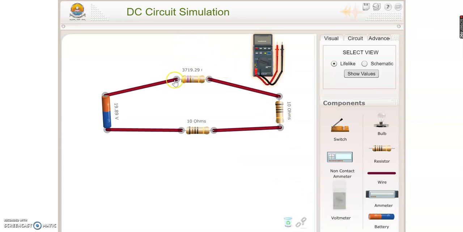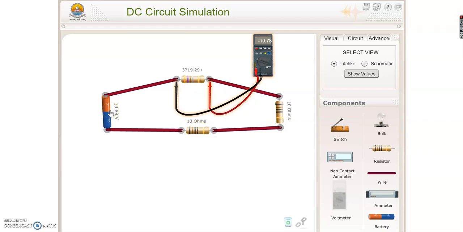Say for example, this is our resistor R1 and we want to measure the voltage across this particular resistor. So what we'll do, we'll simply make the connections and you'll see the exact numerical values over here. You can see, the voltage across this particular resistor is minus 19.78 volt, right? So similarly, you'll measure it across all the three resistors and then you can see across the battery as well.